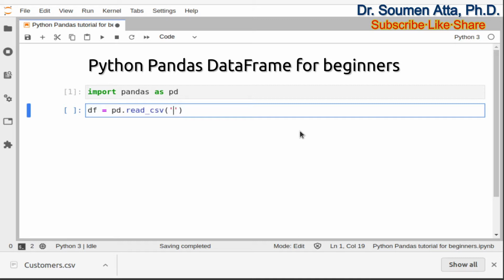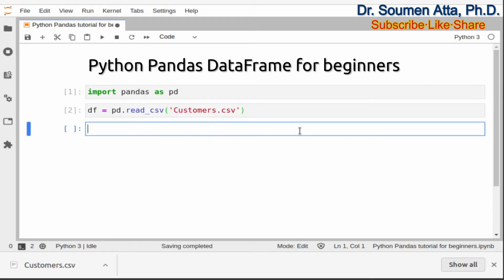Here I am using single quotes, and the name of the file is customers.csv. You can download this CSV file from the link mentioned in the description of this video. Now the CSV file is read into a data frame, and the name of the data frame is df here.